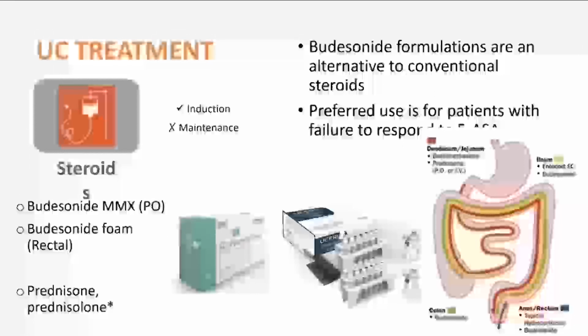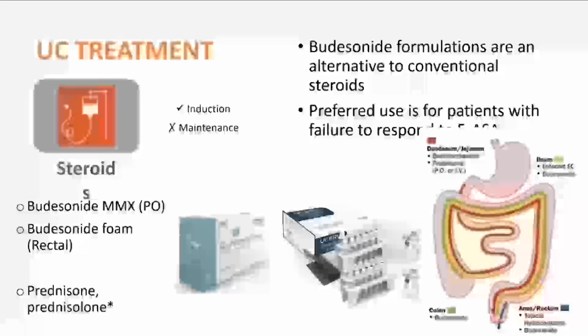Going forward with the treatment, as far as steroids, the steroids that you use for ulcerative colitis and Crohn's are not only regular prednisone or oral prednisone. There are other formulations of steroids, especially the budesonide products, that you can use orally and also rectal. And because it has a high first pass metabolism, you really don't get all of the bad side effects from steroids, and